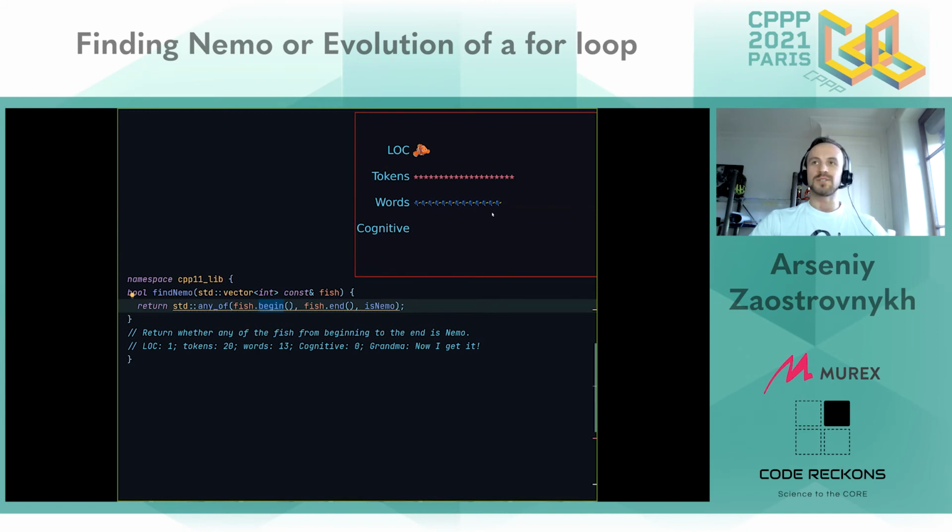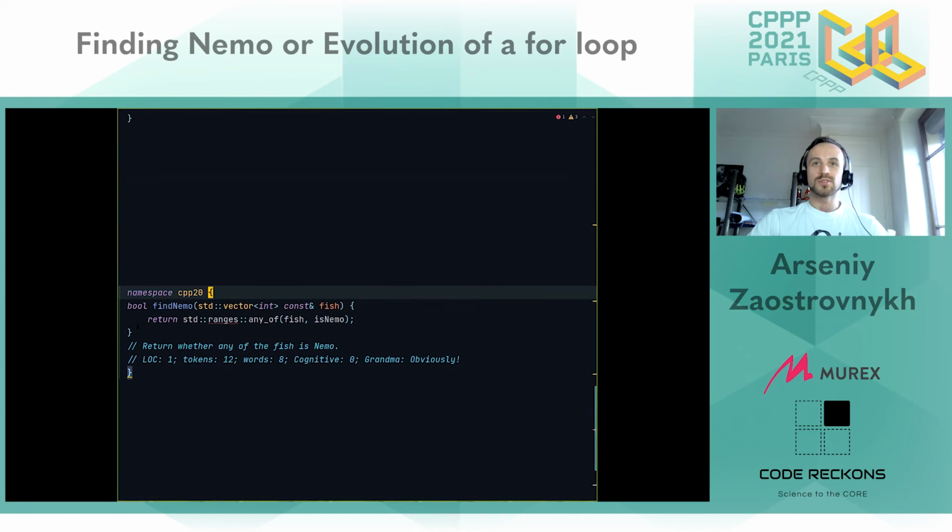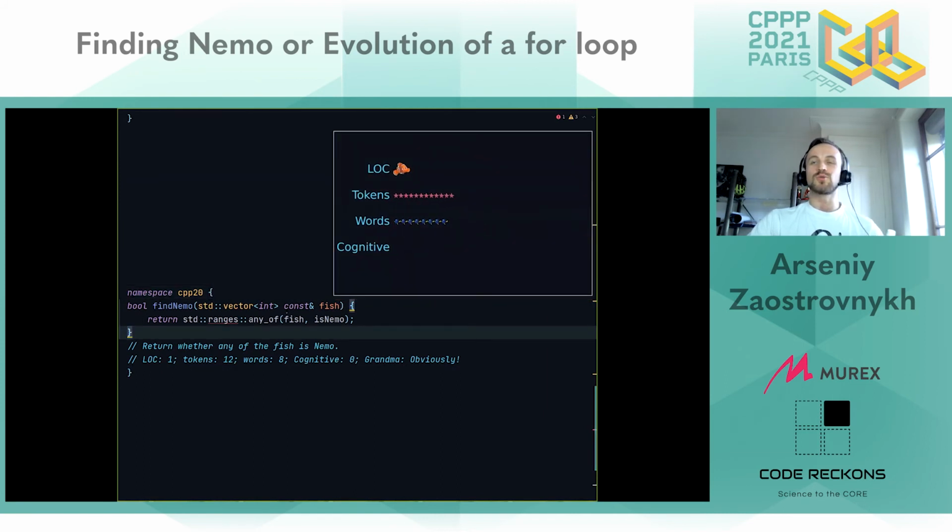But it doesn't stop here. C++20 gives us ranges. So it's the same one line of code. Now we don't need to unknowingly repeat the fish and take the end and begin iterators. It's all implicit and it's all pretty obvious.